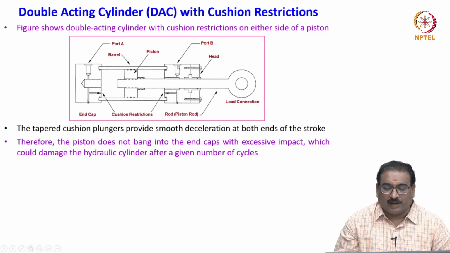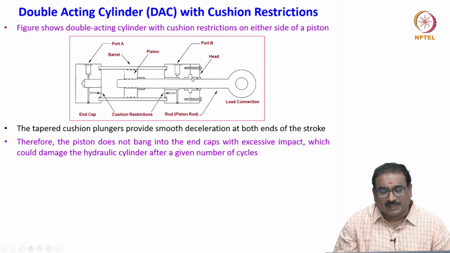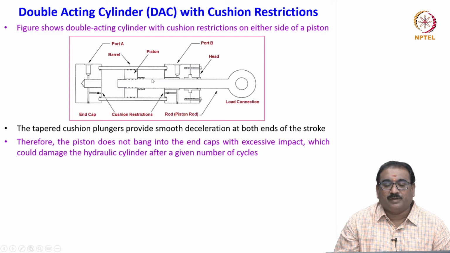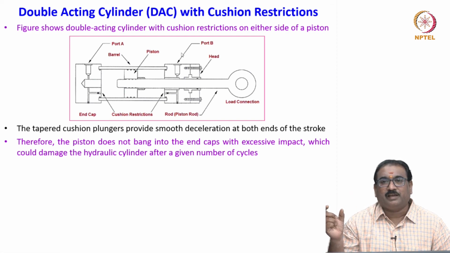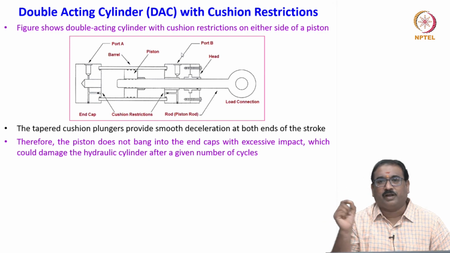Meaning, when the fluid enters here, then it will move here, then this tapered end first enters, then blocks the fluid, then it will pass through the restriction, how much it is opened. When this moves to this side, again, first this cushion will enter here, then the fluid will bypass through the cushioning restriction to the outlet. Meaning both side cushionings are there to slow down the piston movements, either extension or retraction.